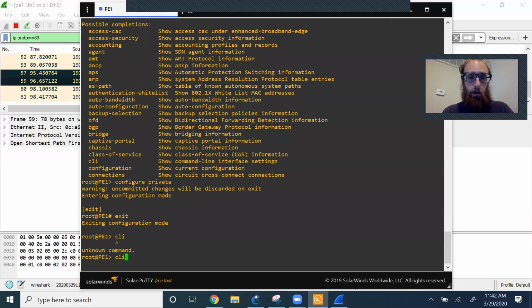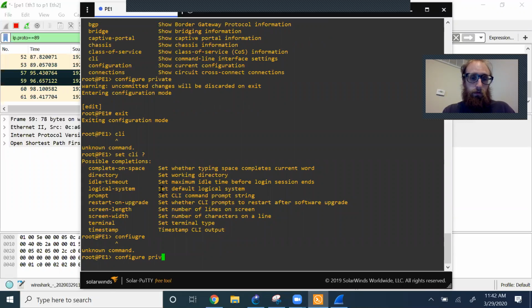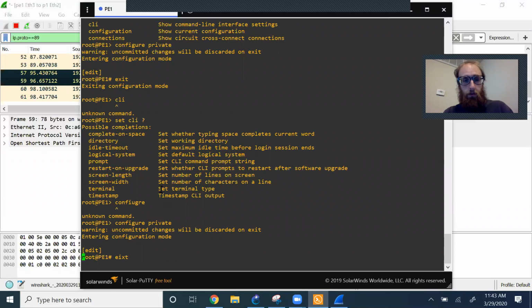You can set like the CLI timeout. You can make configurations here, but you can't make configurations that are as impactful, which again is something you've got to understand isn't entirely true, because you can reboot the device. That's the most impactful configuration you can make, and that happens at this prompt. But anyway, one thing that is true is you cannot run commands from this prompt in this prompt here,